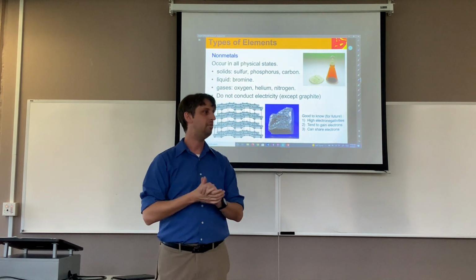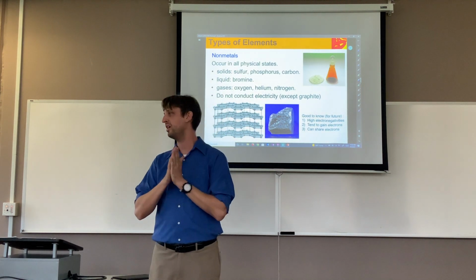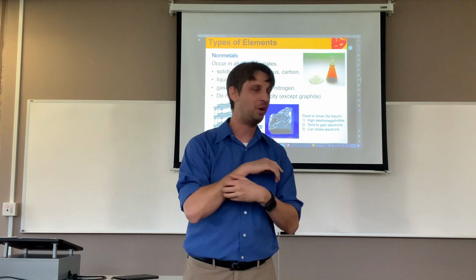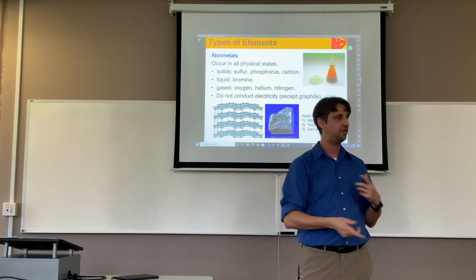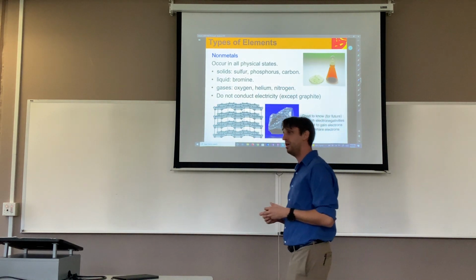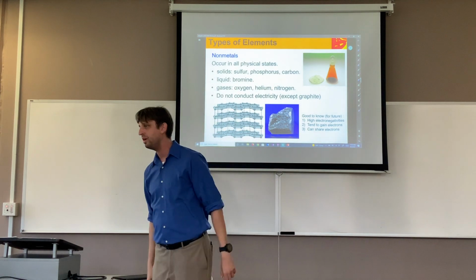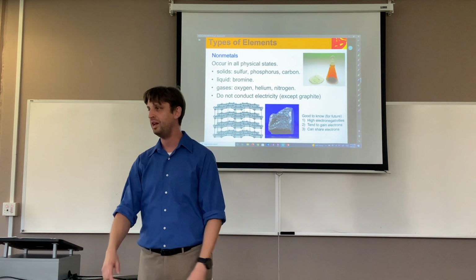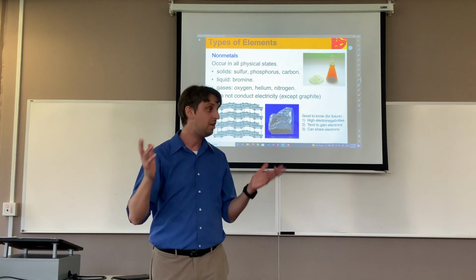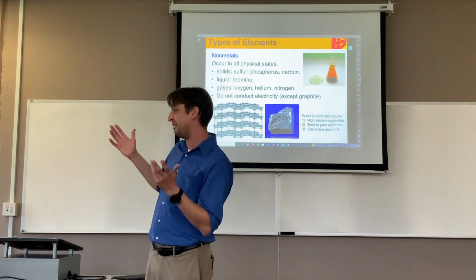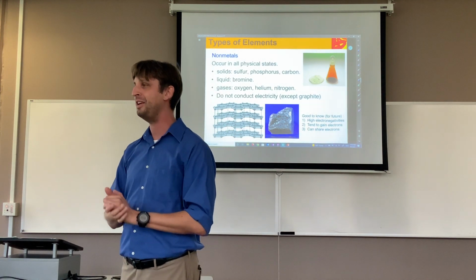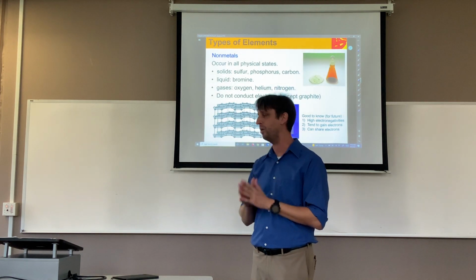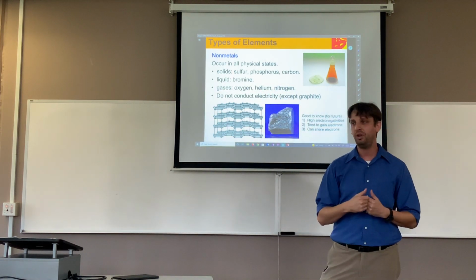Anybody drinking a Diet Mountain Dew in here? I don't think so. Okay, why in the world would I mention that with bromine? Well, they don't have liquid bromine in there, right? But there is a reaction that you guys will learn in organic chemistry where you use liquid bromine and it makes one of the ingredients that goes into Diet Mountain Dew, right? If you take a look, it says brominated vegetable oils on there. Why do they use brominated vegetable oils? I can't answer that for you. I'm just saying I've noticed that on the label itself, right? And we'll talk about how bromine works and why it's cool and why it's important as we go through, okay? But there you go, two liquids.